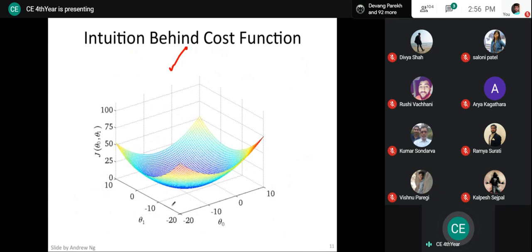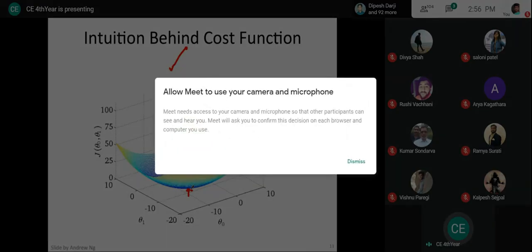Whenever you have theta 0 and theta 1, and we want to reach over here, J does not depend on only theta 0 or theta 1. It actually depends on both. And we'll try to tune, or change, both the theta values, 0 as well as 1, not only either theta 0 or theta 1. So we'll never do this practice of keeping one constant and trying another. What we'll do is update all the theta values together, at the same time. And that's why we are doing this gradient descent.